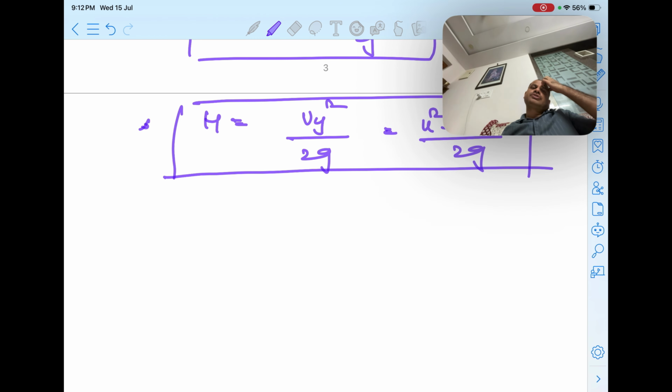Okay, and in the next class we will talk about a few numericals based on this oblique projectile, and then we go for